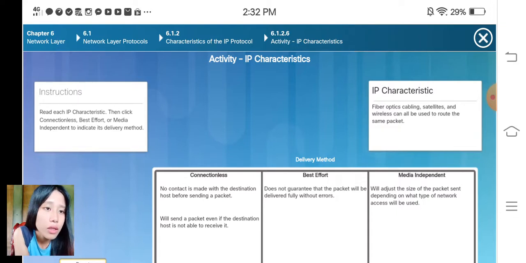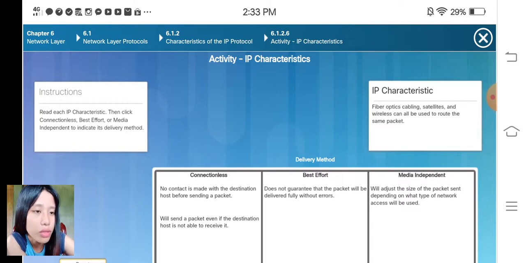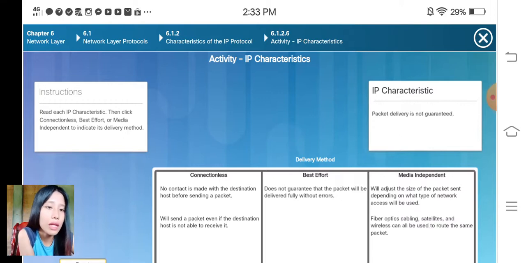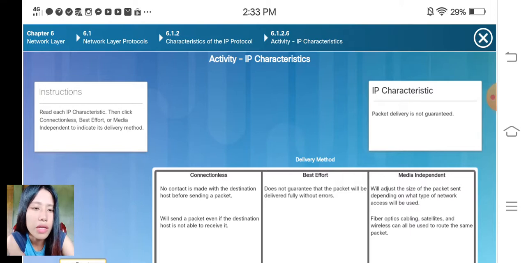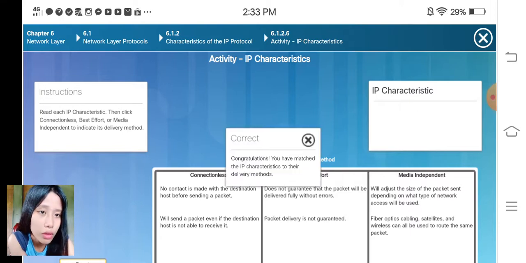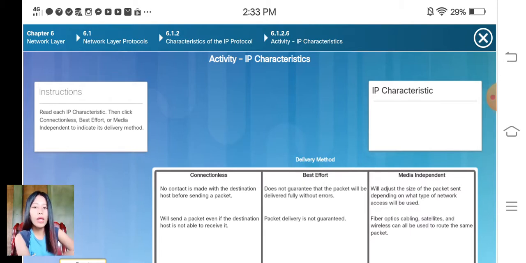Fiber optics, cabling, satellite, and wireless can all be used to route the same packet. So I think it's media independent. Packet delivery is not guaranteed. So I think it's the best effort. So it's all correct. So now I'm going to find